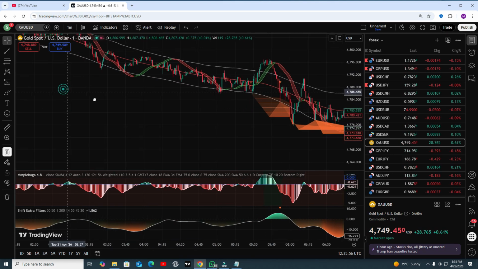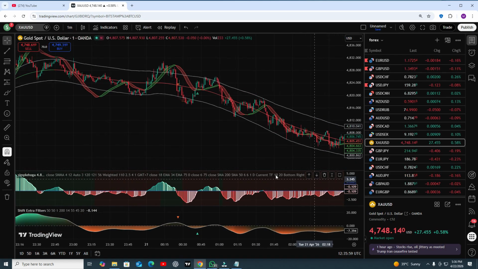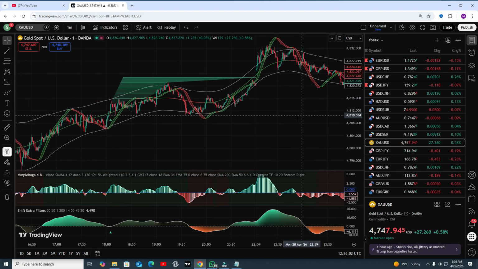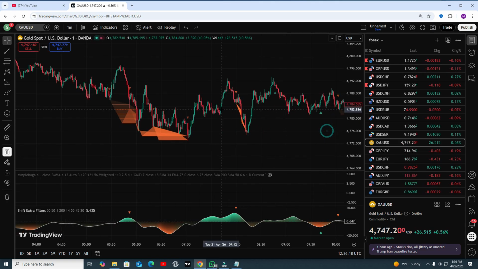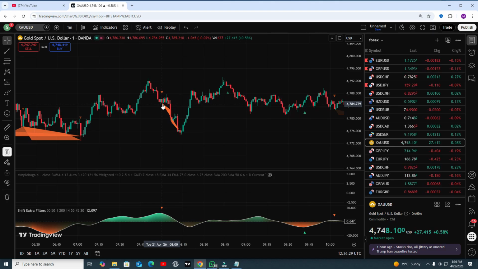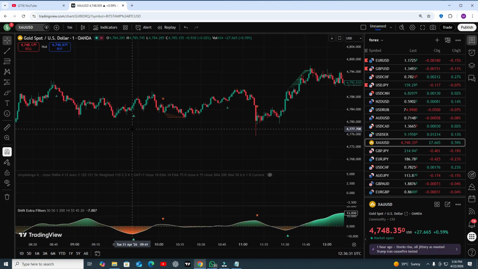It will show you, or it will identify, the area where you can trade. The second thing, this is only a single indicator, and this indicator is giving you this. This indicator has extra filters. It will give you the area, or you can say the buy zone or the sell zone. But the second indicator is really amazing.